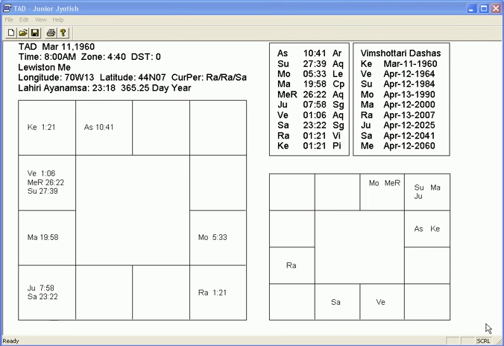This is the chart of a friend of mine that I would call Tad. And she doesn't have the exact time of her birth, so we're going to have to do a little rectification. She gave me a little bit of information about her early life. What I want to show you here is that I have set the birth time at 8 a.m. And that is because this will put the first 4 years of her life in the